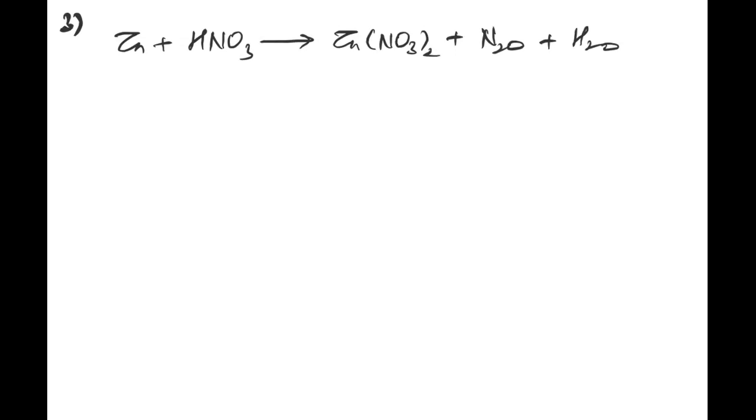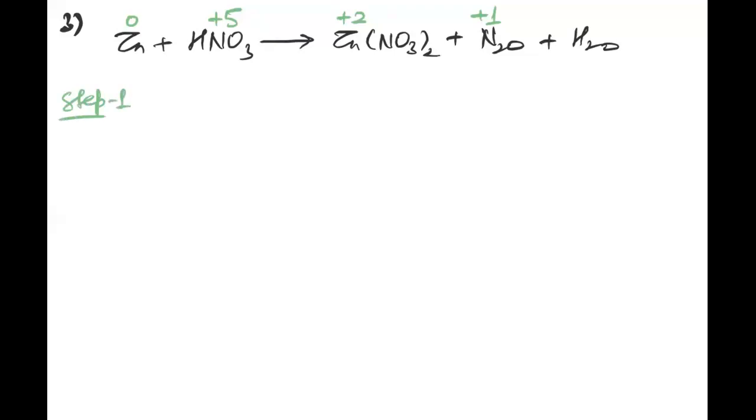As far as the oxidation number of zinc is concerned, zinc has 0 oxidation number and it is +2 here. In the case of nitrogen, it is +5 oxidation number, and it is +1 here. So zinc is converting to zinc nitrate and HNO3 gets converted into N2O. So again, as per step 1,